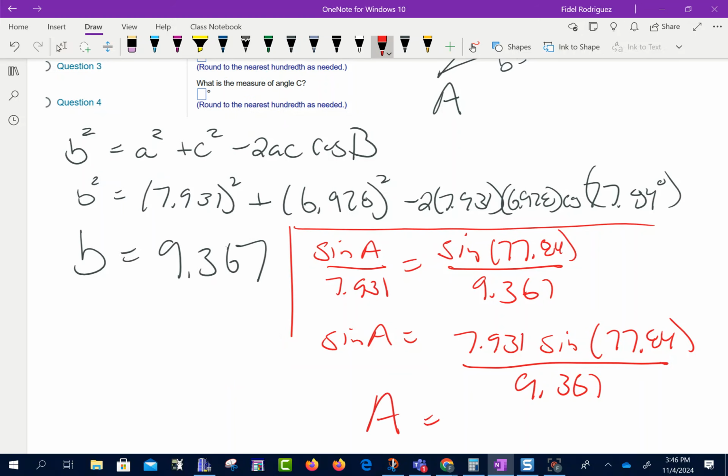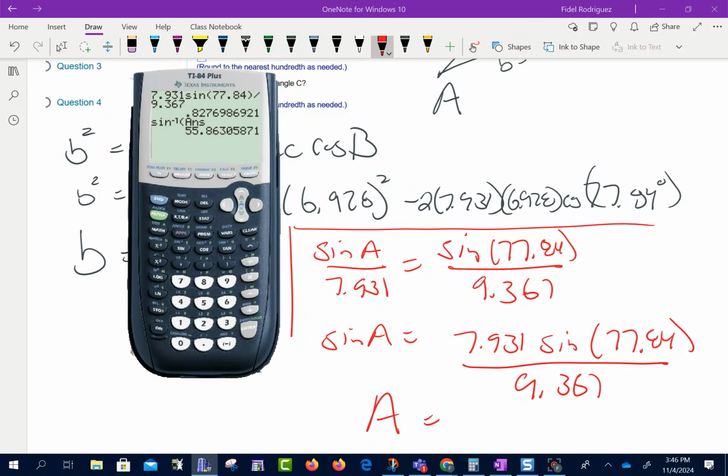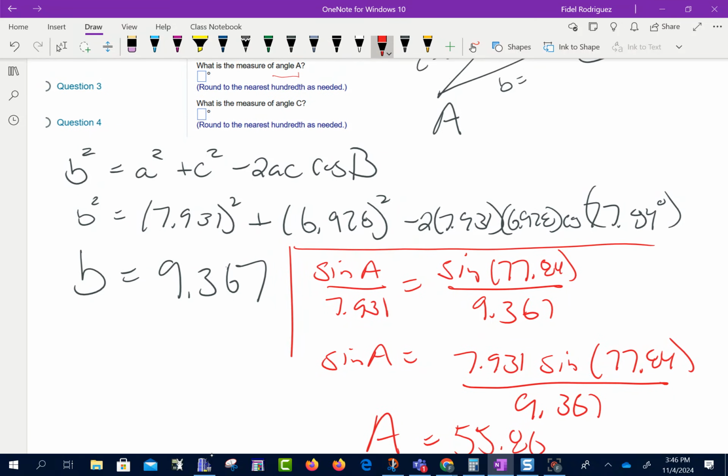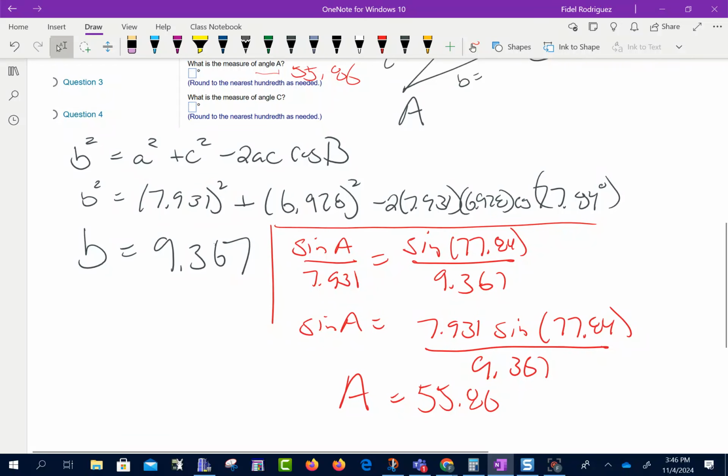And they're asking me to round to the nearest hundredth. So yeah, 55.86. So that's what I'm going to put right here. 55.86. Okay. Y'all, the other thing we need to find, we need to see if we can find the angle